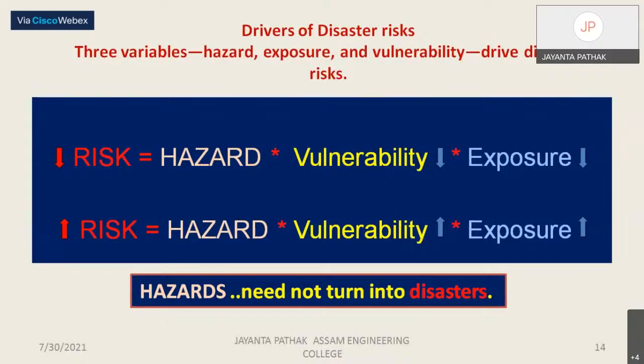I'm likely to be affected. If I go out every day to the market and expose myself to public places, I might be affected. So I'm reducing exposure, I'm reducing vulnerability, I'm reducing risk. So a hazard need not turn into a disaster if I take care of its effect in terms of vulnerability